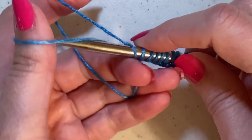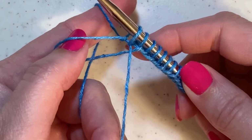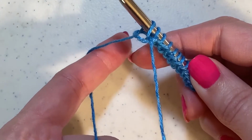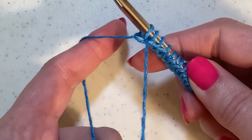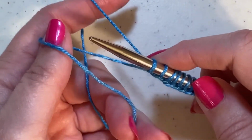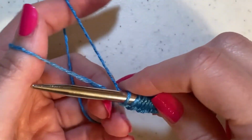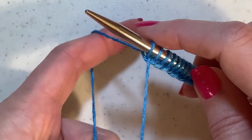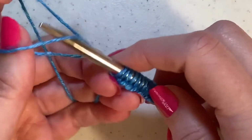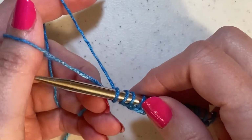When you go through your thumb and you pull that loop back through, see how it's making a loop around the base of the yarn that came around my knitting needle? If you pull this super tight, right here, right now, you will remove all the stretch. So I tell people that the part that is going over your thumb is very much like the spring in one of those ink pens that you can retract by pressing the button and it pops back down into the